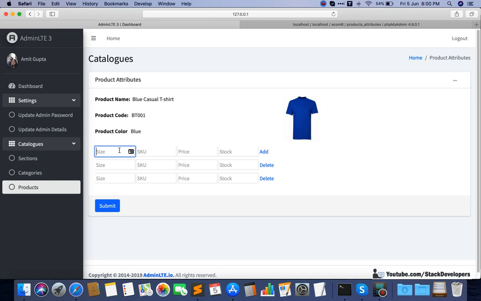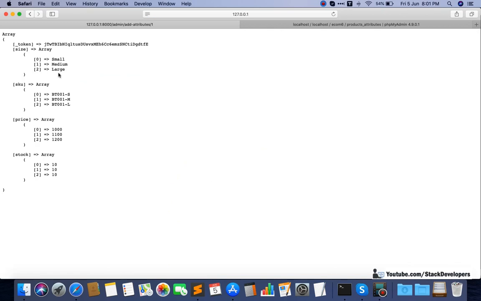Like if we pass some data, small price 10, medium, and so on, and I click on submit. Here the data comes, you can see the data is coming here.